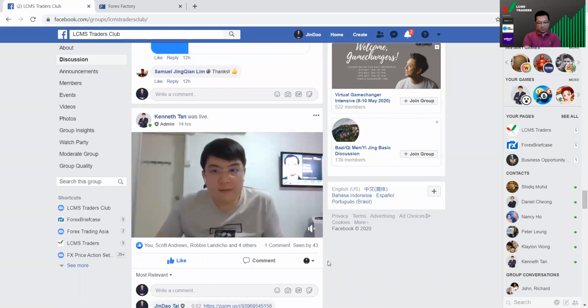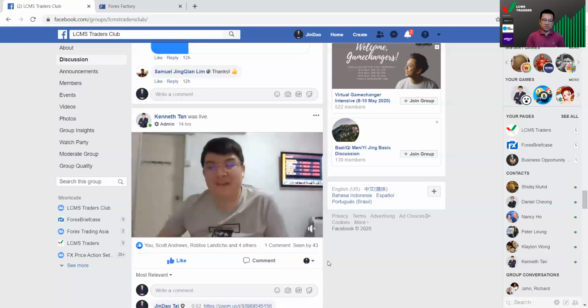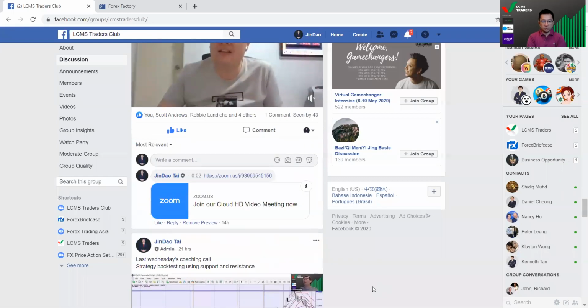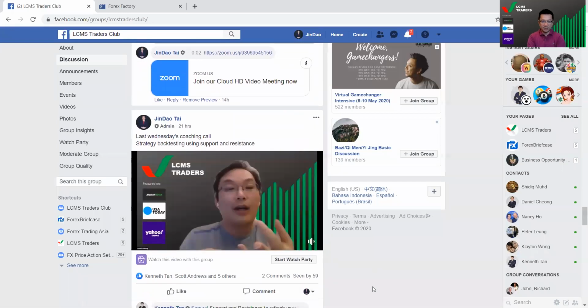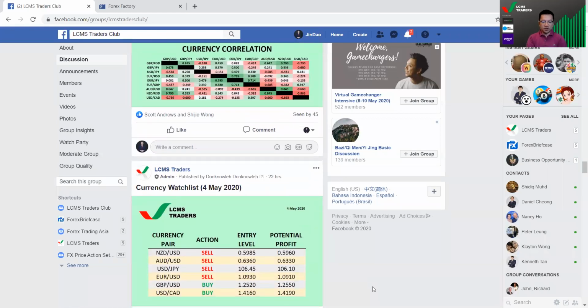We have an update as well at 9 p.m. every night about today's currency call. So 9 p.m., if you have not been looking at the market, you want to know whether what I'm talking about is still valid. The update at 9 o'clock, we do a quick update in terms of whether you should still be looking at those currency call ideas. All right, so a lot more information in there.